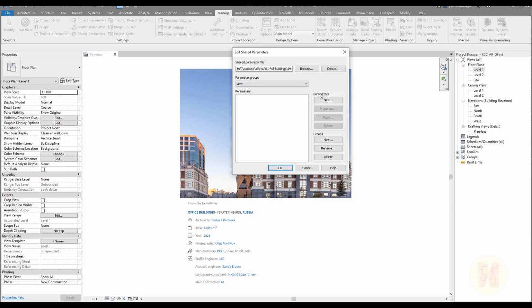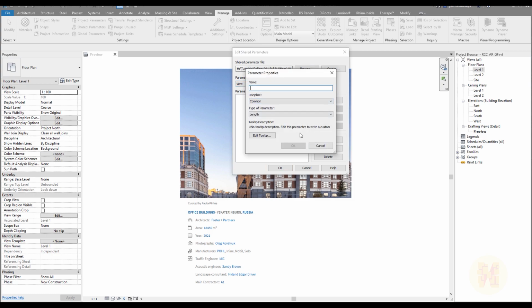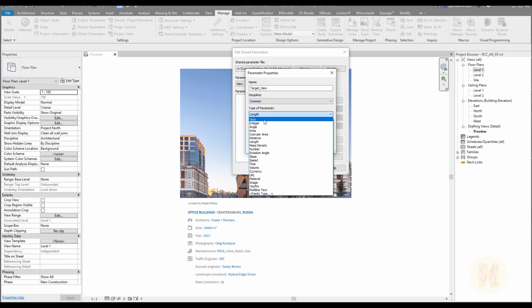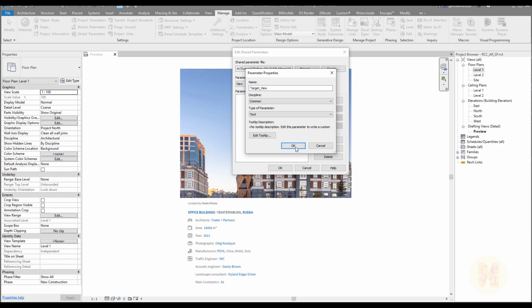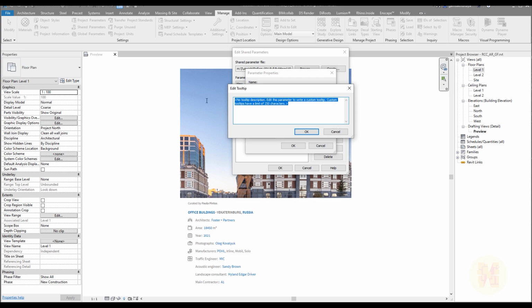Okay. Let me go to the parameters. Let's create the new parameter, and it will be target view. As you can see, I always try to use lowercase. The reason is that it's easy after that to find a long name or a name with two words. It's really nice. I will change the type to text, because this parameter will be text, and here you can write a description, for example, like this: